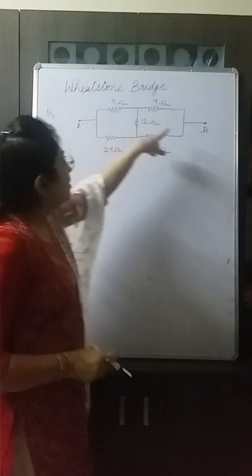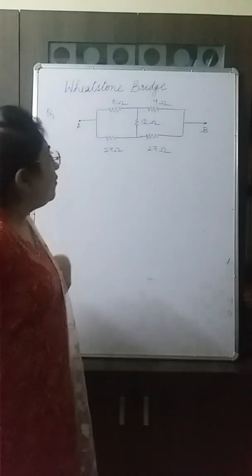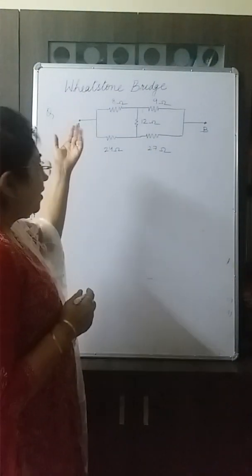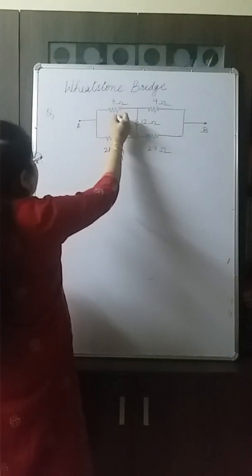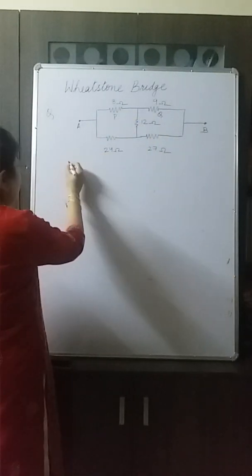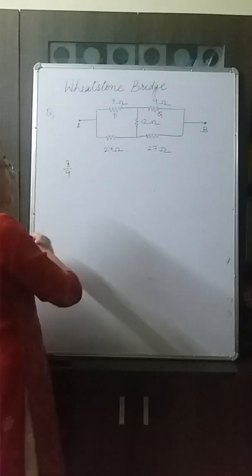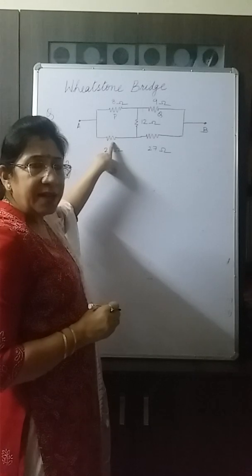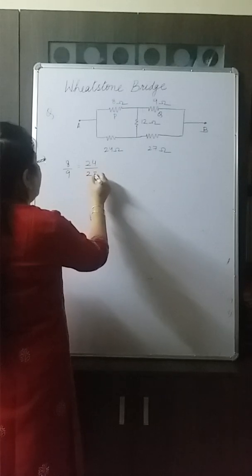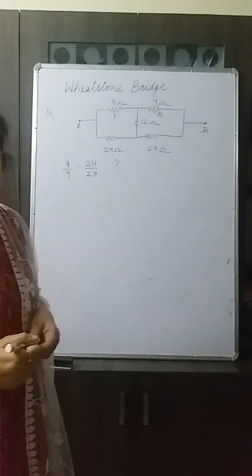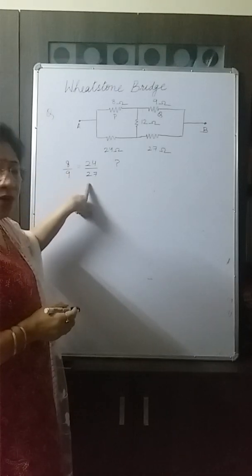Here in this circuit, we have to find the equivalent resistance between A and B. Now this circuit, if we see, we have 5 resistors here. We can just check up what are the ratios of different resistances. If we consider this to be P and this to be Q, we can write 8 by 9. Similarly, this we can take as R and S and check whether this is true or not.